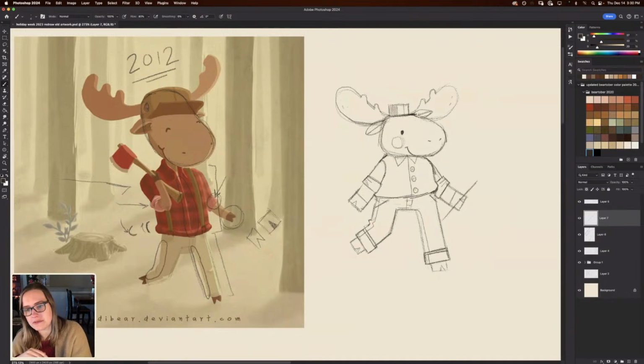Just kind of drawing in a little axe. This looks a little bit more menacing, actually. It changes the storytelling a little bit here with him holding the axe like this. So maybe this won't work.